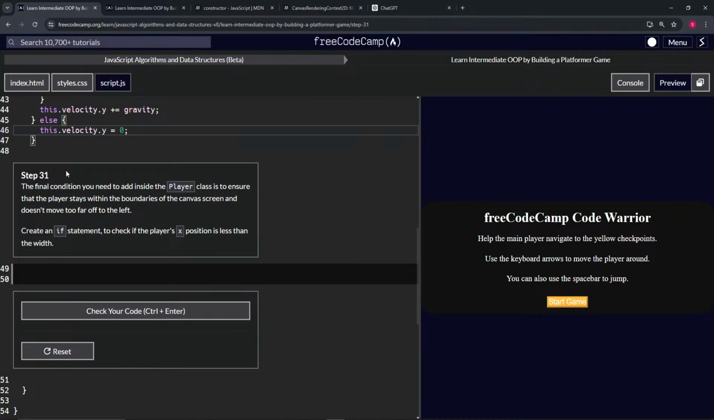Step 31. The final condition you need to add inside the player class is to ensure that the player stays within the boundaries of the canvas screen and doesn't move too far off to the left. The final condition, let me read this again. The final condition we need to add inside the player class is to ensure that the player stays within the